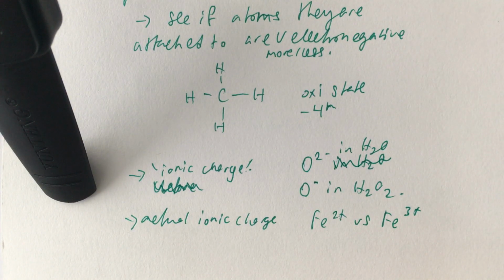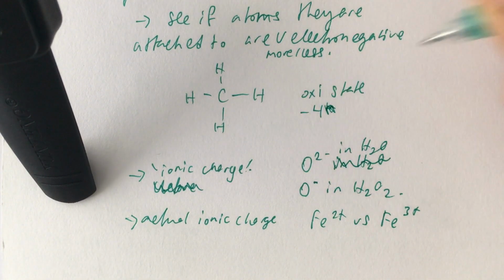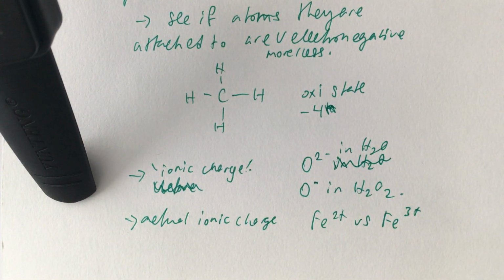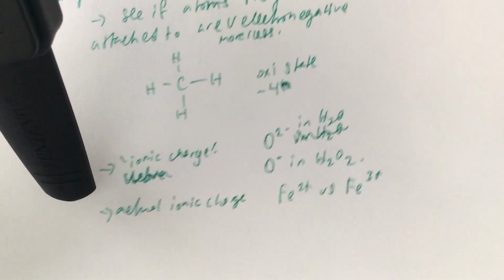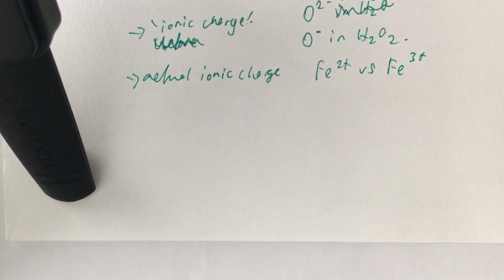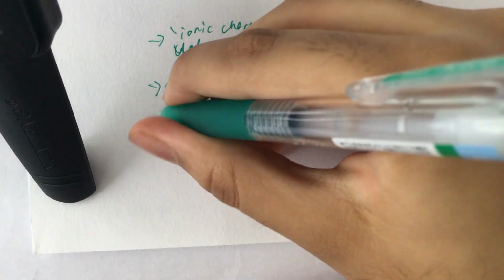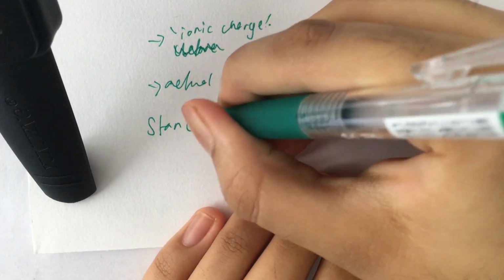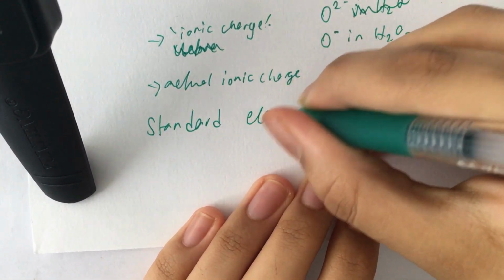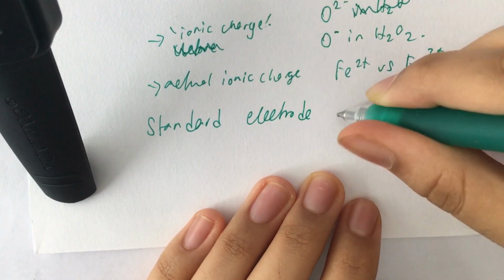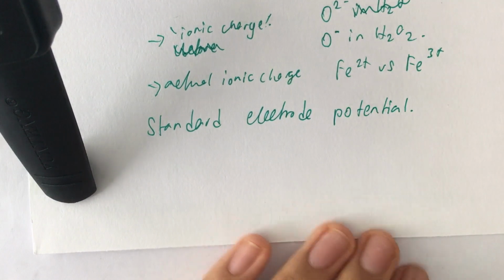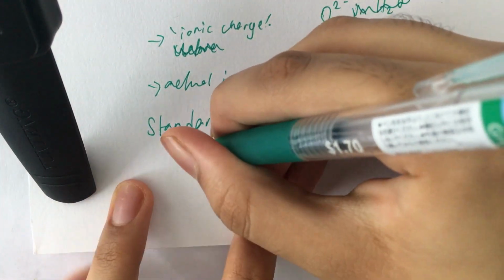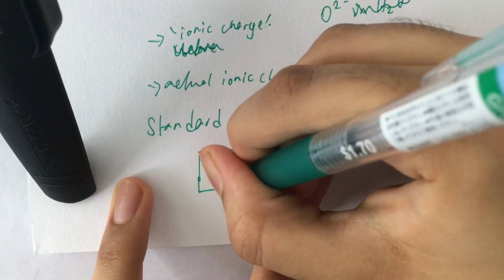The first one is the standard electrode or redox potential, and the second one is the standard cell potential. The standard electrode potential is what you can see in your data booklet. There's this huge list of reactions, and you can either look at it alphabetically, or in terms of the oxidizing power of that particular thing that's